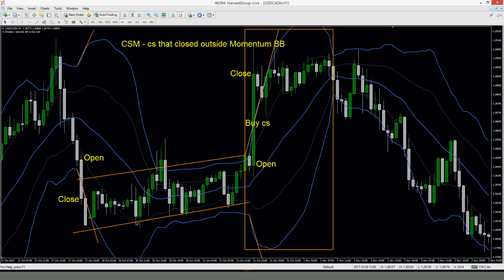Okay, as you can see here, another thing that you need to understand when it comes to sideways Bollinger Band is that during the momentum BB, there is a component of sideways Bollinger Band, and during momentum, there's also a component of sideways Bollinger Band. So what do I mean by this? Okay, as you can see here, this is momentum BB. However, after the momentum BB, you already have a component of sideways Bollinger Band as soon as the market has